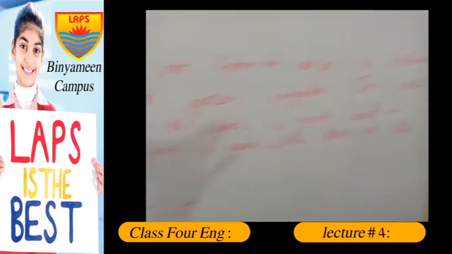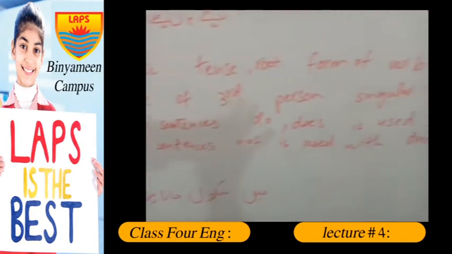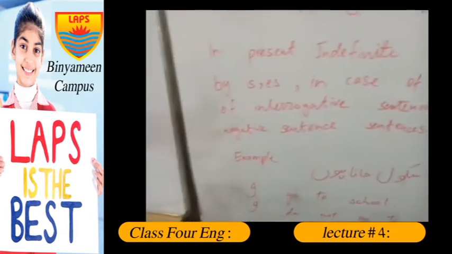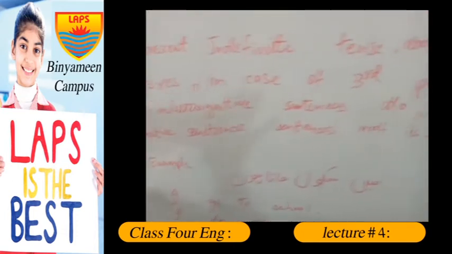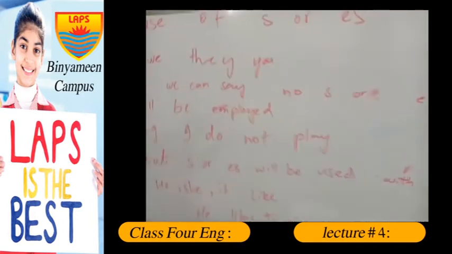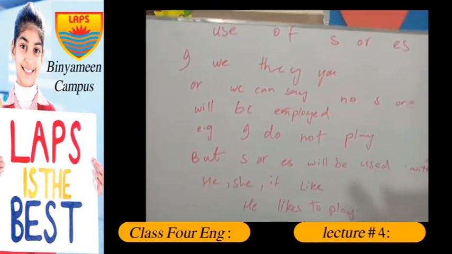In case of interrogative sentences, do or does is placed at the very beginning of the sentence. In negative sentences, not is used with do or does. And for the proper usage of s or es, with I, they, you, we,